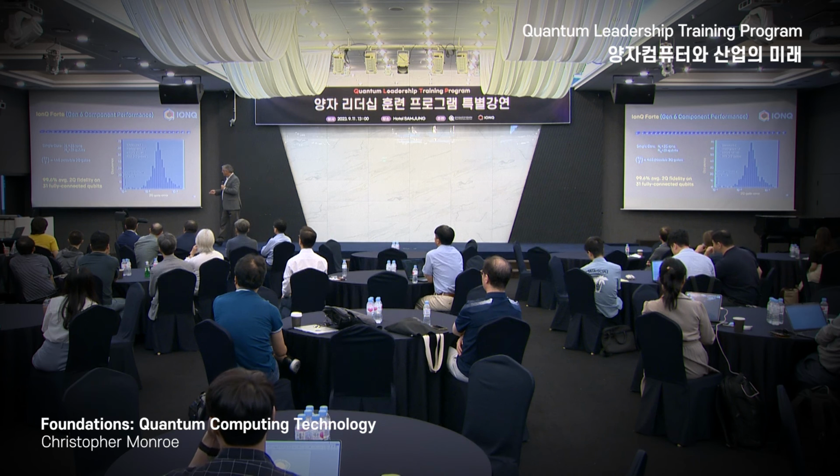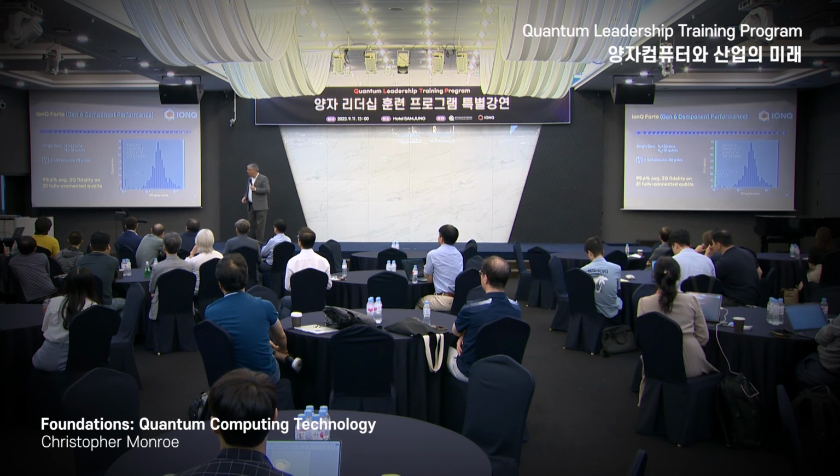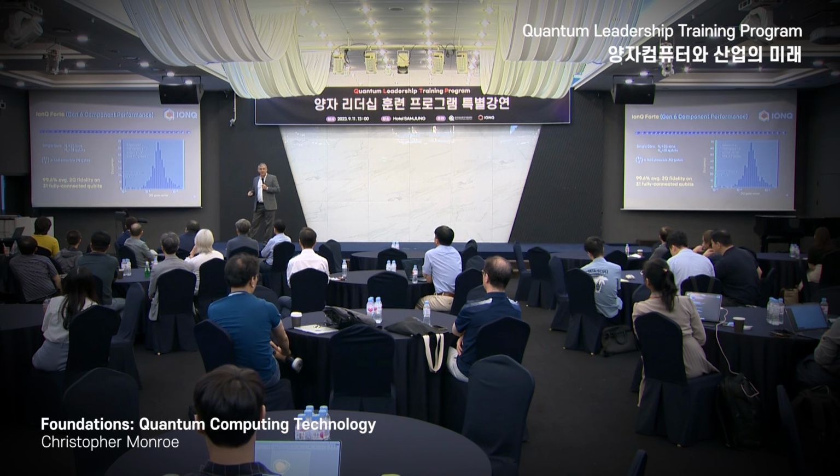I mentioned we're starting to close in at a 10 to the minus 3 error rate, and this is the IonQ Forte system, our 6th generation quantum computer. And this is a crystal of 35 ions, and the central 31 of them are used in this project. Now, with 31 qubits, there are 465 possible pairs, and we ran the 2-qubit gate on all 465 pairs, and this is the histogram of the errors.